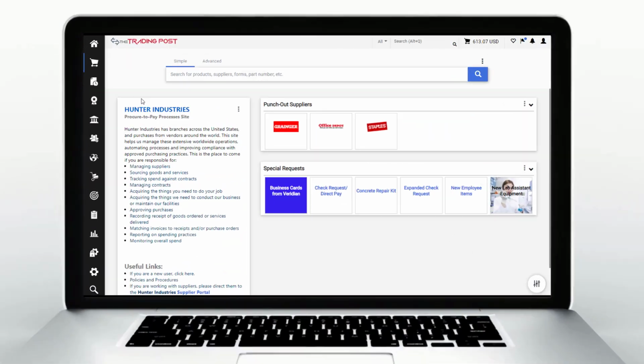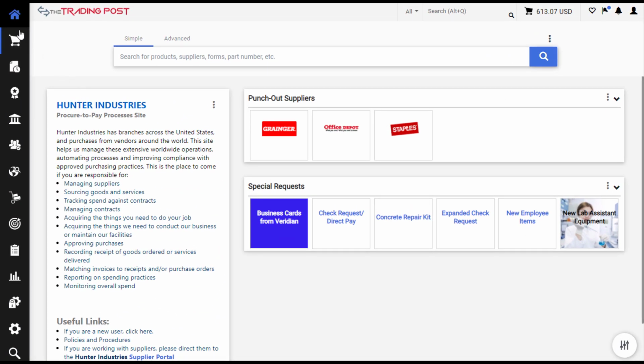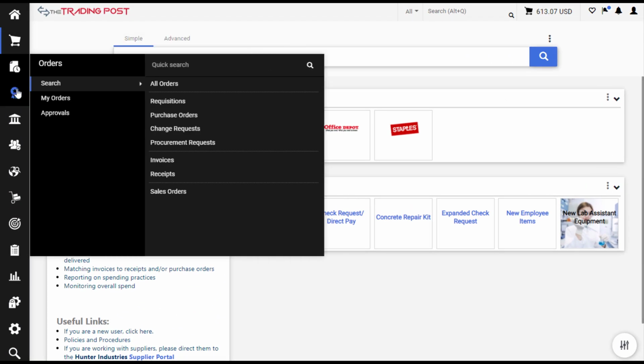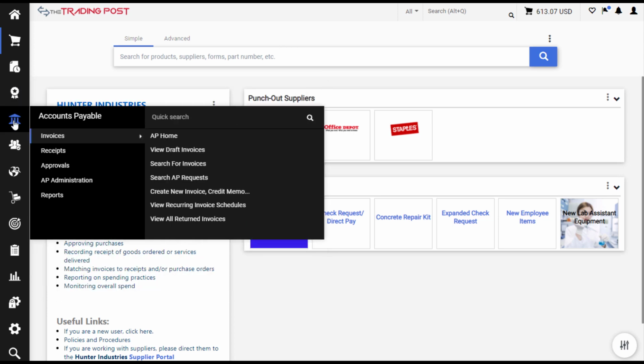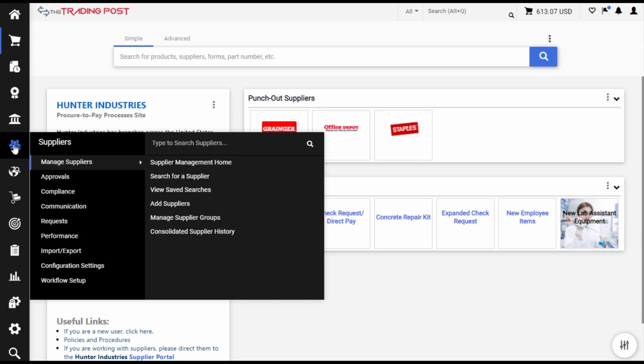Let's take a quick look in the application. While the navigation looks different and some of the icons, like the one for contracts, suppliers, and sourcing, are redesigned, the concept of a flyout menu with tabs and subtabs remains the same. Everything's in the same order. Which icons you see here still differs only based on which solutions your organization is using and what permissions your